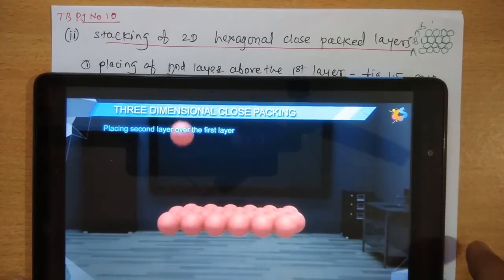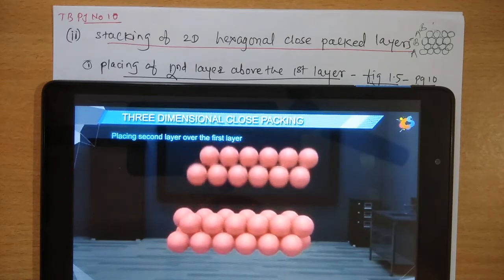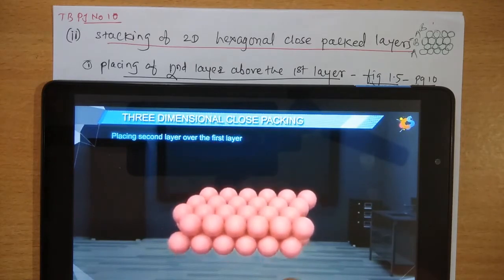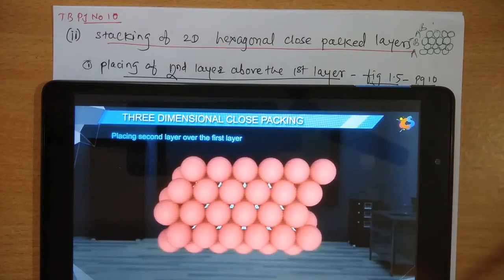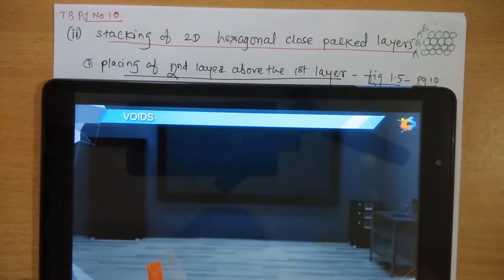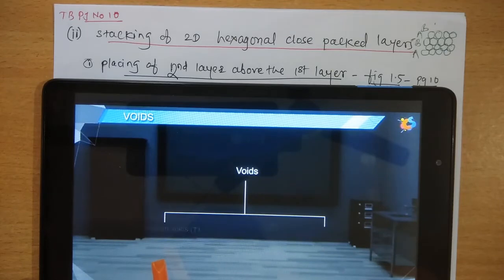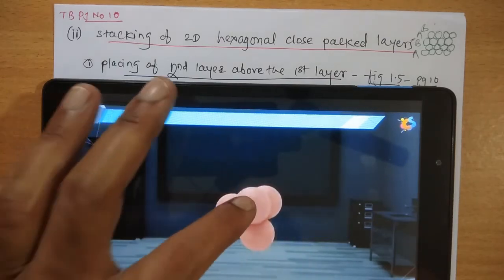See, this is the first two-dimensional layer, and the second hexagonal two-dimensional layer is placed second. The first layer and second layer are differently aligned. There is no alignment in the same way. That is, in the layers, tetrahedral voids and octahedral voids are formed. See here.